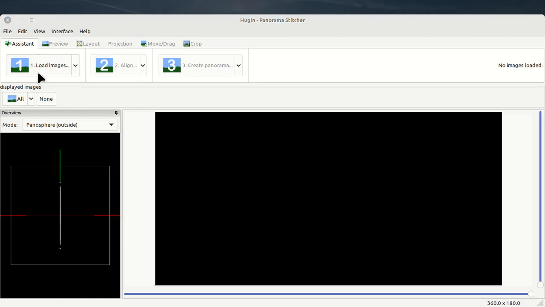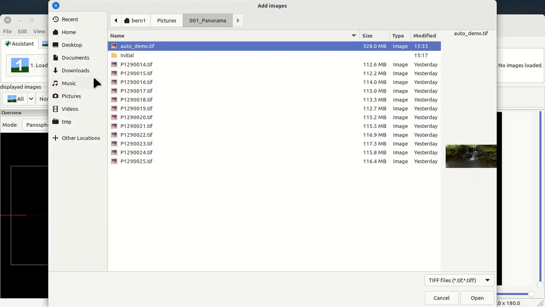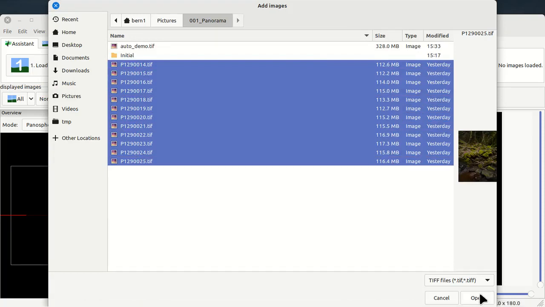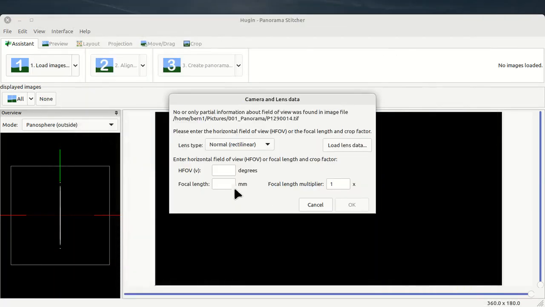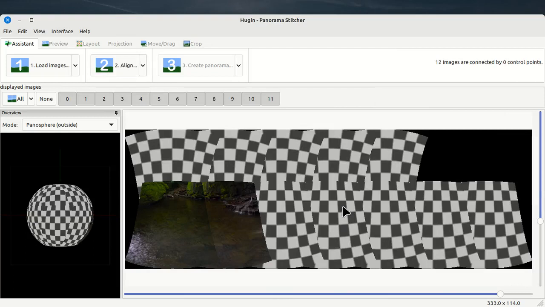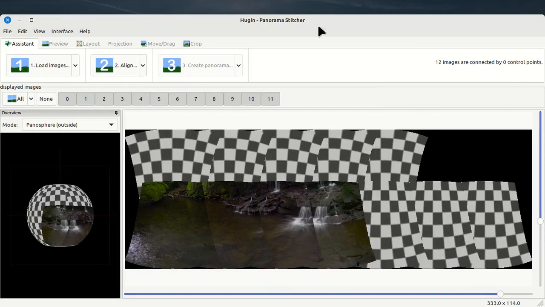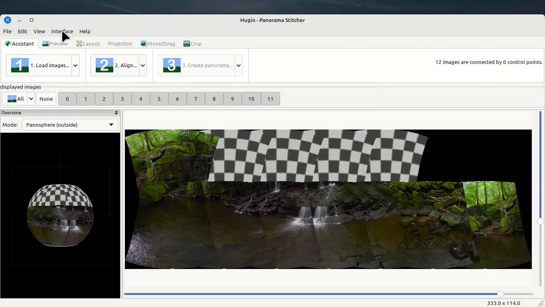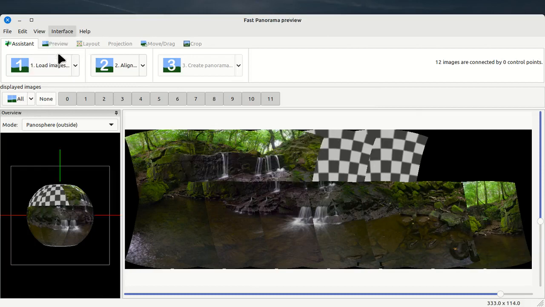Load images. Select all your initial images and open. Put the focal length in and the multiplier and click OK. And again, it's doing a pretty poor job because it's guessing. Now I switch to the advanced interface